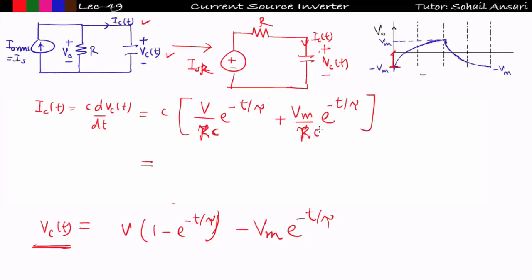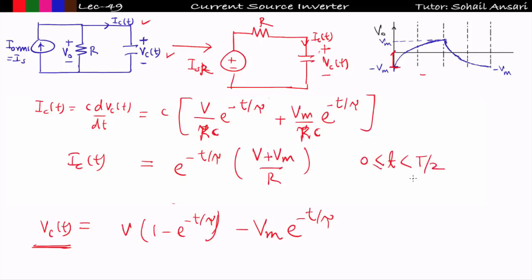So replace this RC. So C will get cancelled out, and finally you will get, in between 0 to pi, or you can say 0 to T by 2. Because this is exponential nature, increasing exponential nature, I am getting from 0 to T by 2 only, and from T by 2 to T the case will be different. I am interested in finding from 0 to T by 2 only, because I am interested in finding the circuit turn off time. So finally Ic of t will be this much and Vc of t will be this much,